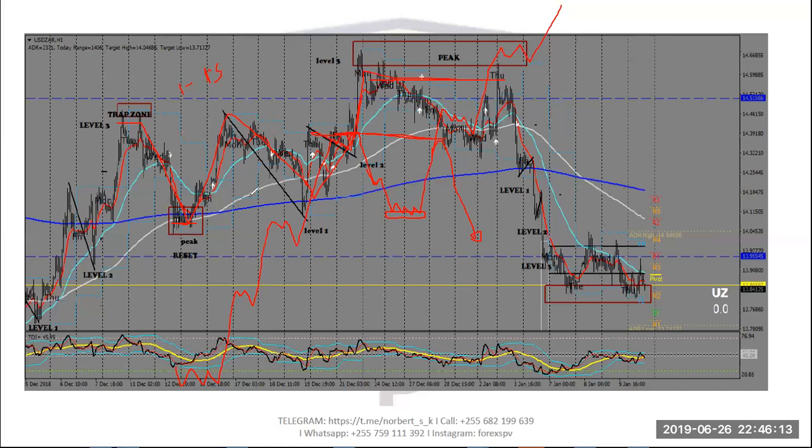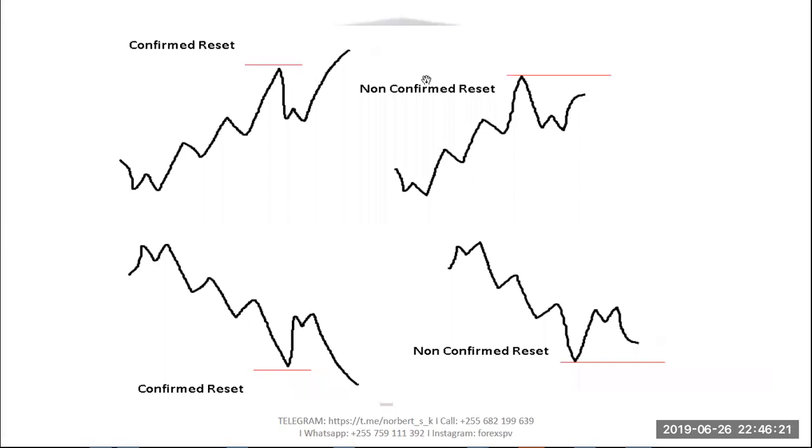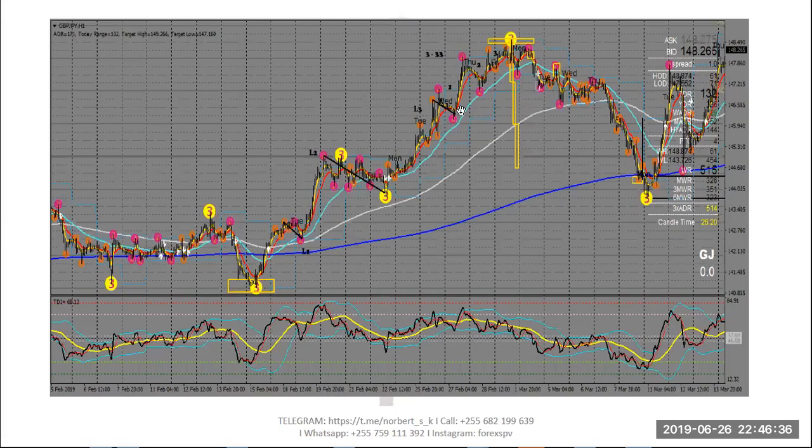Peak resets now occur on the EMAs. You see here, this is a confirmed reset. This is an unconfirmed, a confirmed, an unconfirmed reset. Oh, confirmed, because the dealer has broken the previous peak. This one is a 333 trade, like the 3 levels, and the dealer offered the 333 here. A peak extension